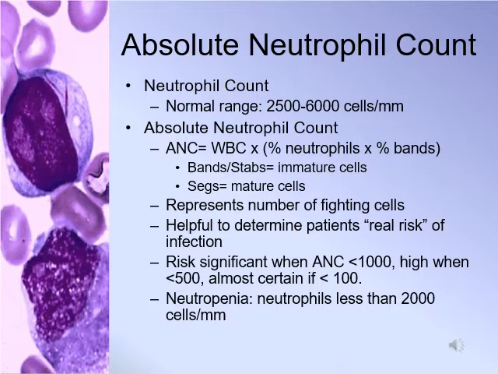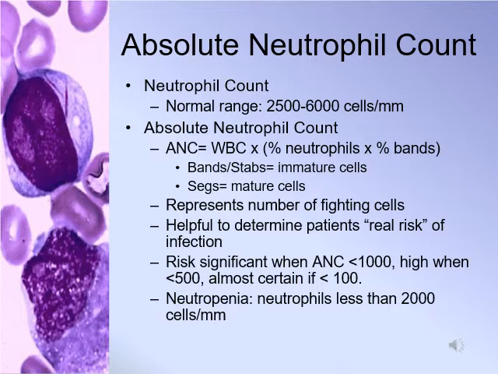40 particles per milliliter. As far as the absolute neutrophil count, we'll talk again about this here, but again, specifically with cancer treatment as well. The neutrophils, remember, are our first fighting white blood cells that are going to go to the site of inflammation, injury, infection, etc. And so the neutrophil count is listed there, that normal range. And remember, we can measure the absolute neutrophil count by looking at the percentage of the neutrophils multiplied by the